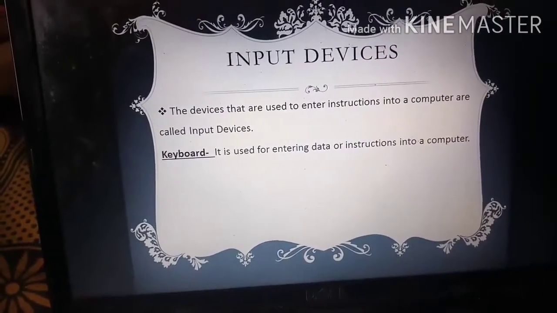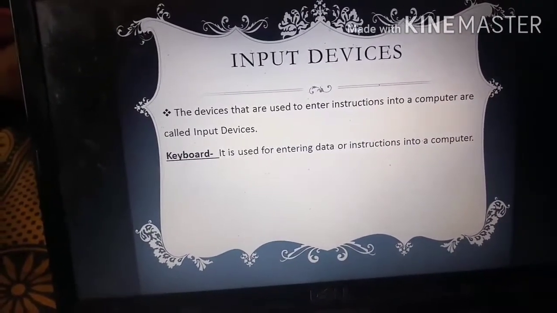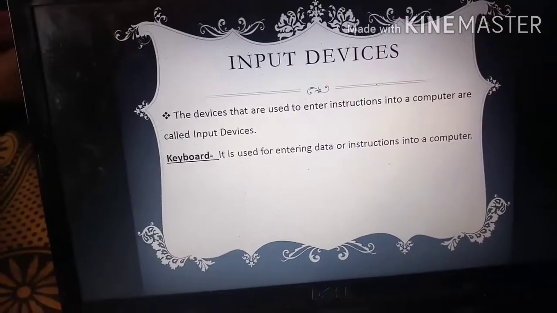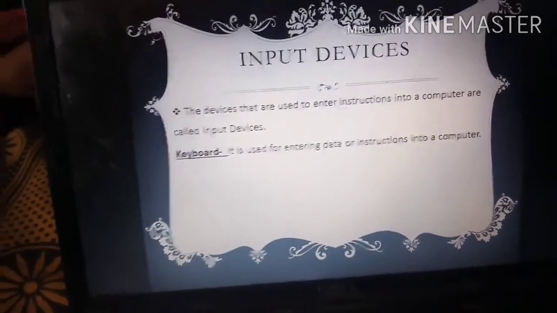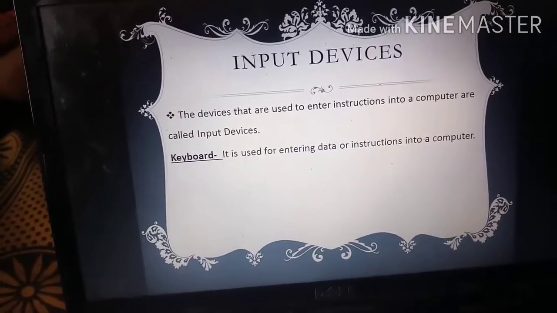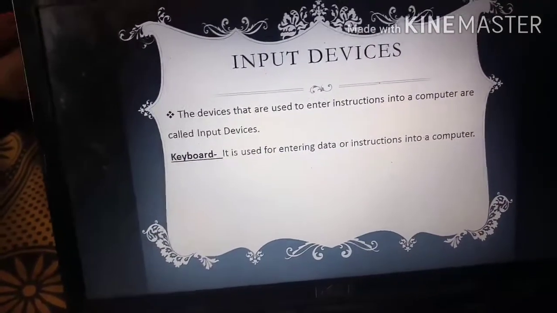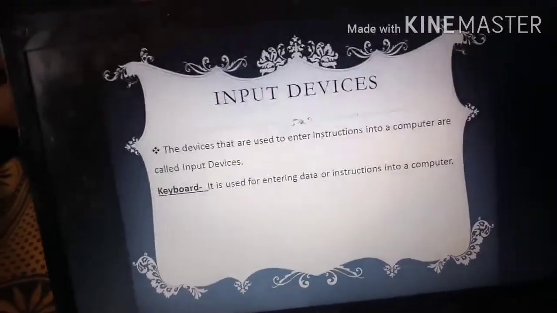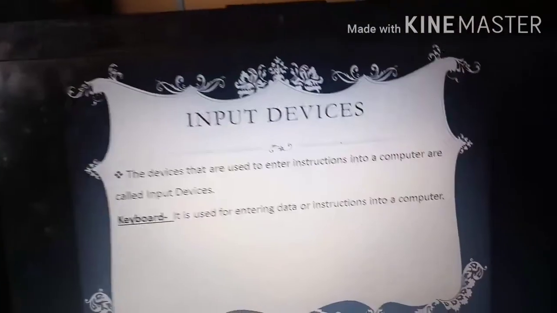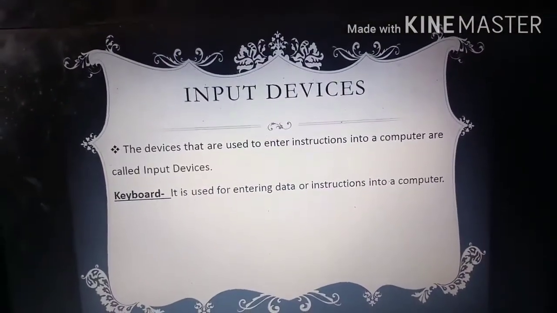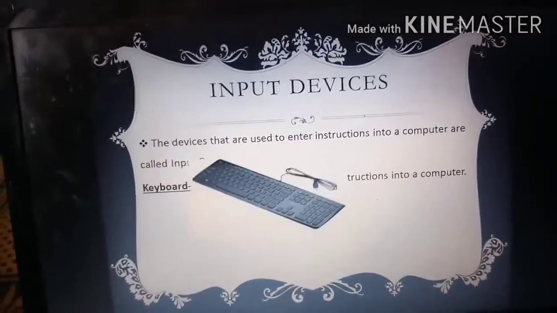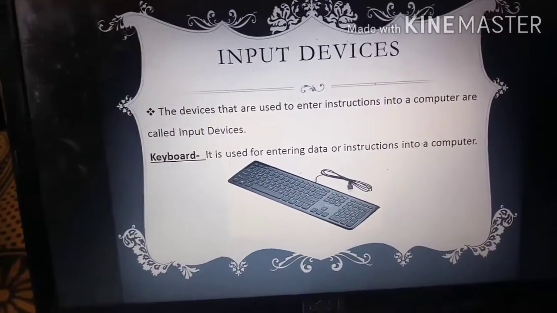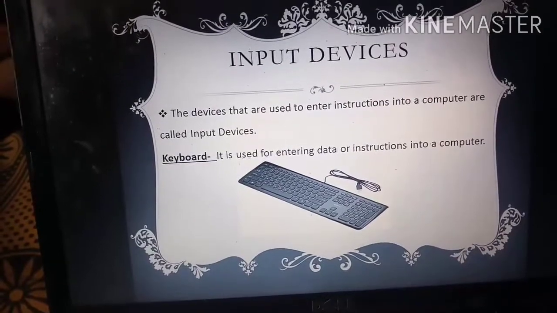Data may be any number or any text or alphabets, and instruction means commands that tell the computer what to do, like, as I told, add, subtract, multiply, divide. Okay, so let's see a picture of the keyboard. Yes student, it is your keyboard through which we can enter data or instructions.